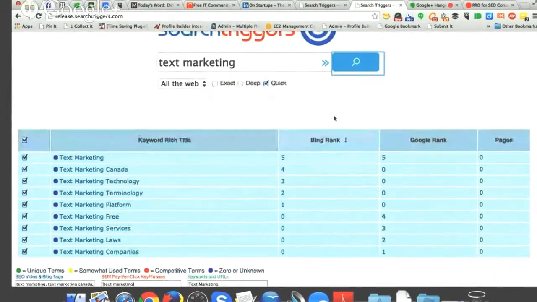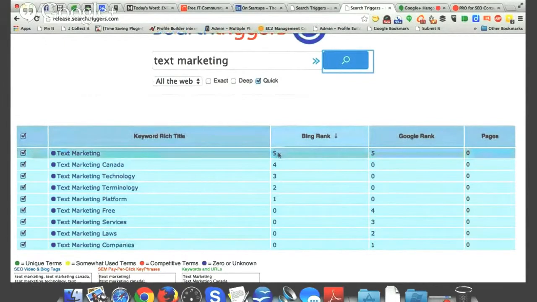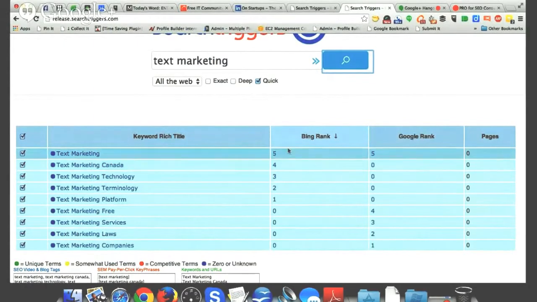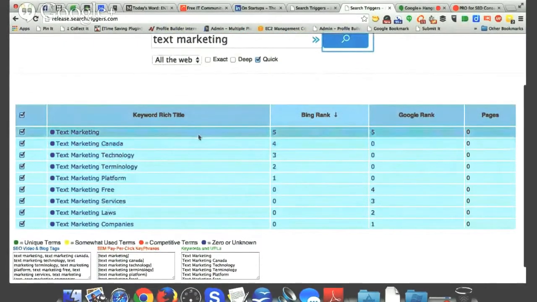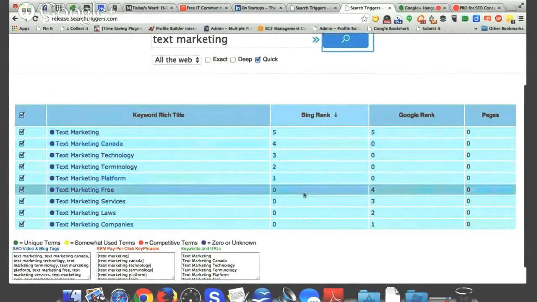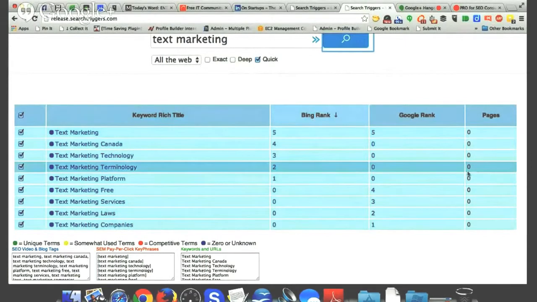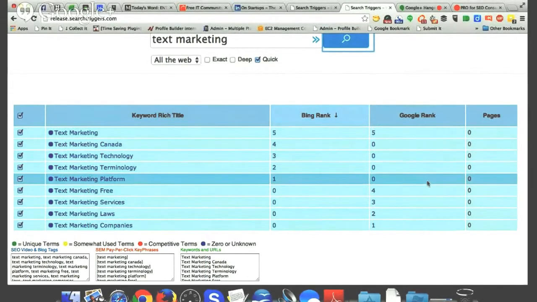Okay, so I can see from here that I've got some good rankings. Like number 5 means it's a great keyword and it's very popular, obviously, because of the word text marketing, and we have a lot of competition, I imagine. And because I'm in Canada, obviously it shows up in Canada. I see here that Bing likes text marketing, yet Google likes it, but then Google doesn't care too much about the other terms. Is there a quick explanation for that?